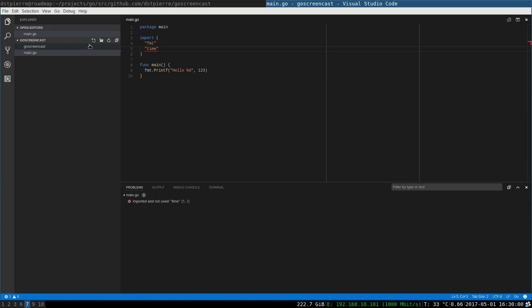This is another thing I really like about Go. The compiler detected that, well, wait a minute, you are importing this time package, but you are not using it, so you basically don't need it. So boom, it's kind of forcing you to clean up already.